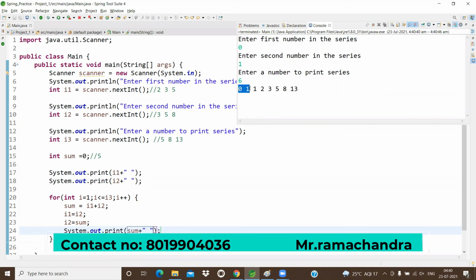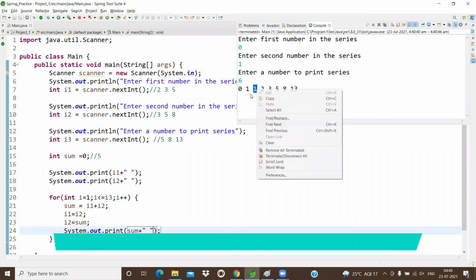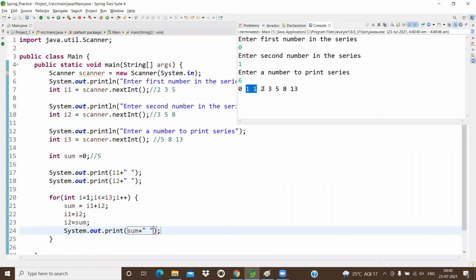See, 0 is the first number and 1 is the second number. 0 plus 1, 1. 1 plus 1, 2. 1 plus 2, 3. 2 plus 3, 5. 3 plus 5, 8, like this. How many numbers did I print? Yes, 6 numbers, as you entered 6.